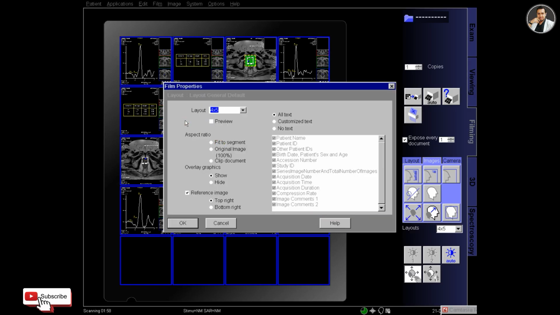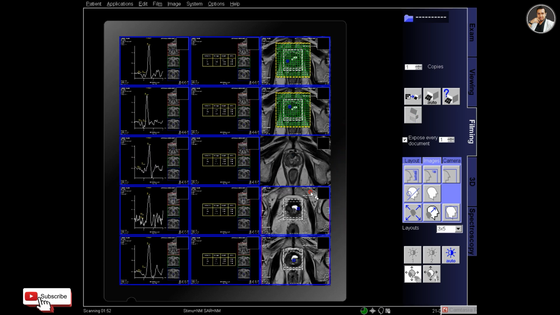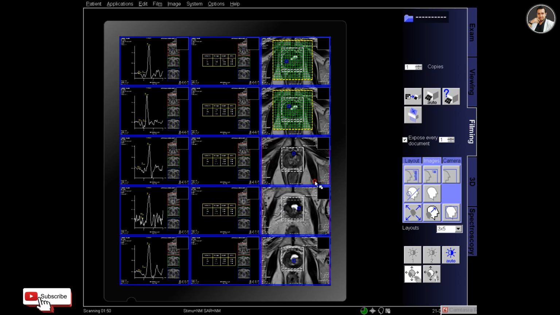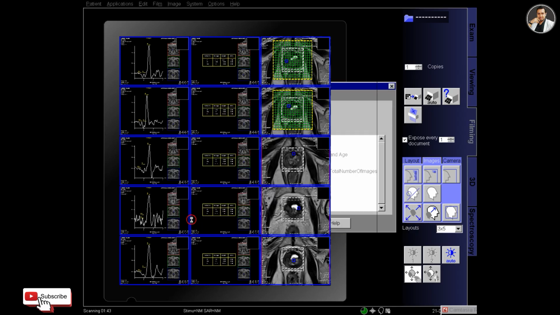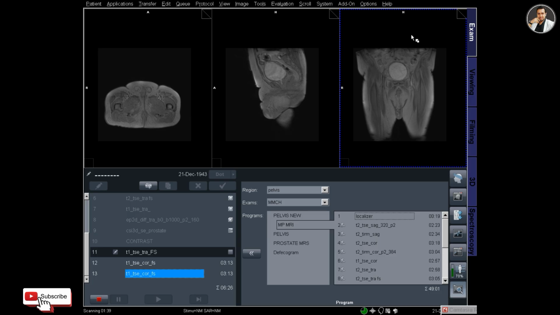So I will change the film layout to 3 into 5 so that 15 MRS images will fit in the film. You can see that each row contains 3 images. One is the pixel, selected pixel, and one is graph and one is table. So my T1 transverse fat set post contrast is running.